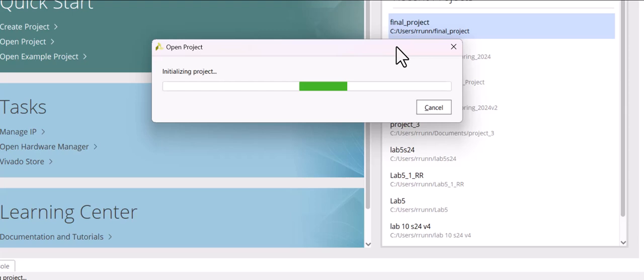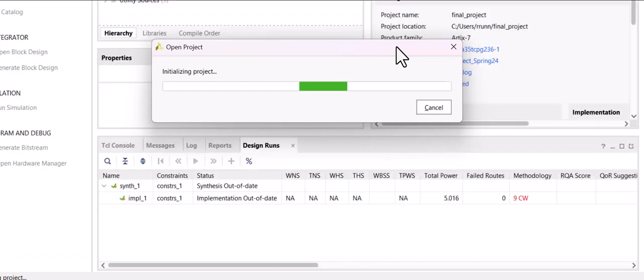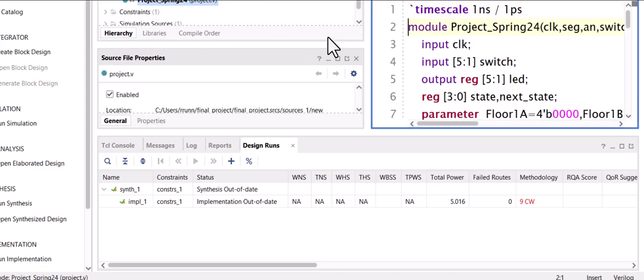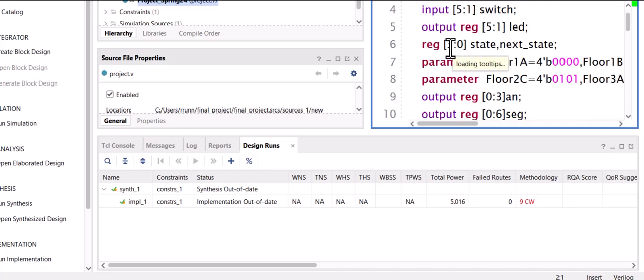Y'all will not have the same final project. Apparently my final project had no, oh, there it is. Okay, so you'll see that